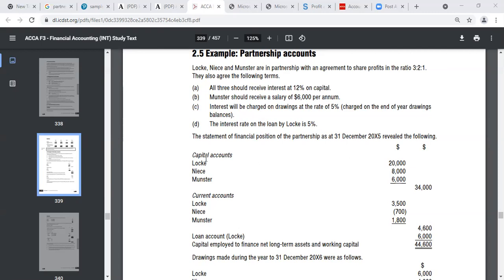So we have capital, okay? We have capital accounts. We have Loki, Nice, Monster, and then we have current accounts, this and this and this. Now, as you can see, these have been put together. Like I said, under your equity, okay? Under your equity, if the partnership is running a floating capital system, you have these two things, the current and capital distributed. But if it has a fixed capital,